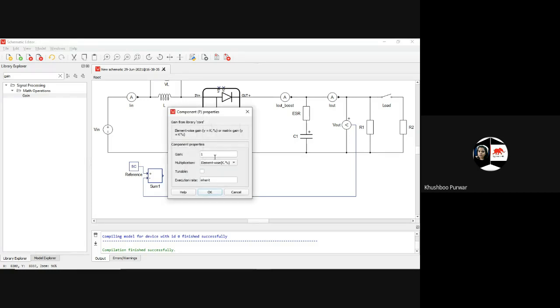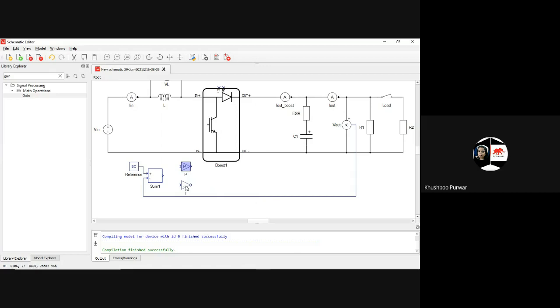In this also, put gain as P and element I can put it as, I will take it element wise, that is KU. Ma'am, it is capital P. Yeah, it is capital P. You can take it as capital P or a small p, whatever you want. But in the model initialization, just take care of what we are going to write, because here we are going to give the value of the P.